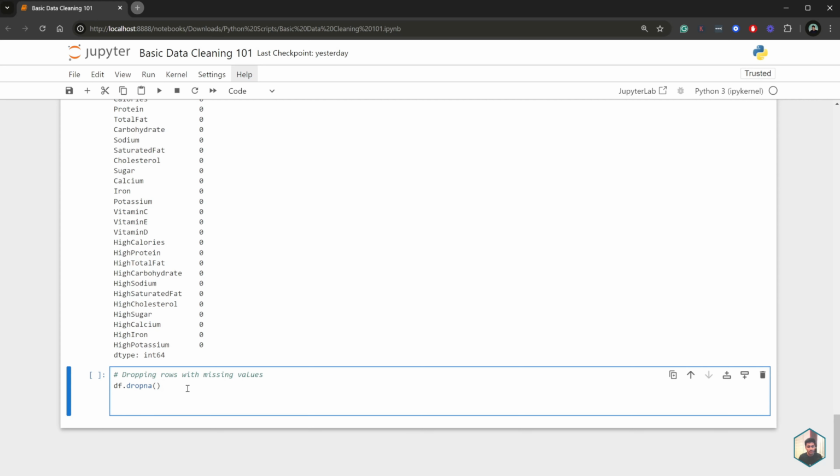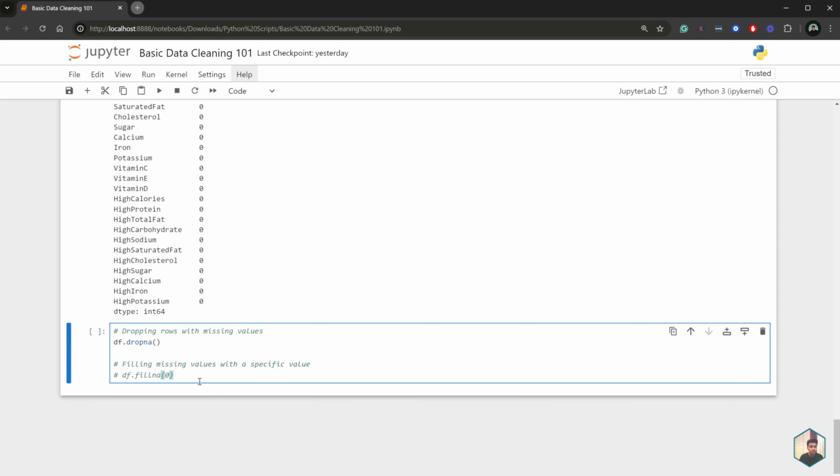One method is to impute or fill the missing values with a specific value. Say I want to fill all the missing values and replace them with 0. What I could do is say df.fillna() and then specify what you want to replace the missing values with. If I want to replace with 0, I'd put in 0. If I want 1, I'd replace it with 1, and so on.